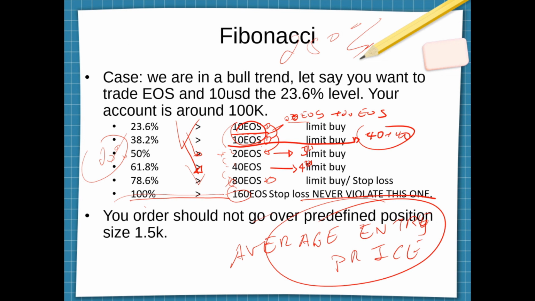Don't just add order to add order, and you should decide your position based on how you set up your money management in a way that your portfolio can take it. If you margin trade, your margin situation can take it, and overall your emotional situation can take it. Can you actually take that psychologically? Now the interesting thing about trading Fibonacci is that